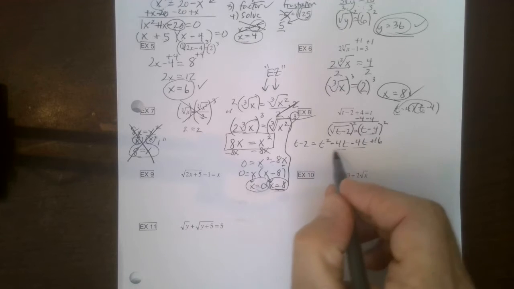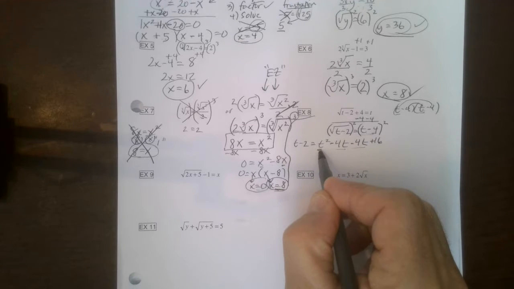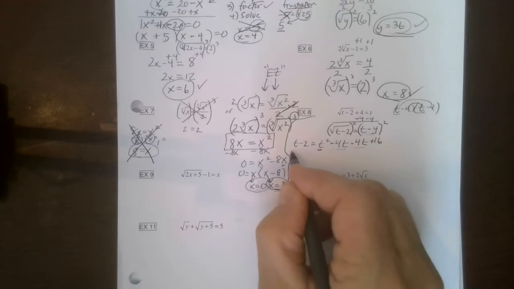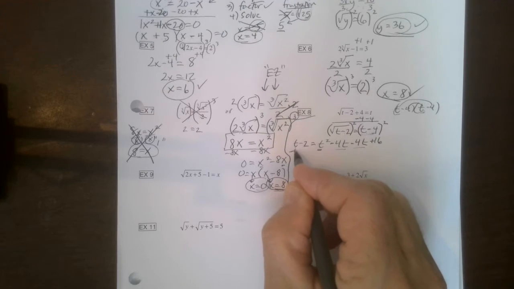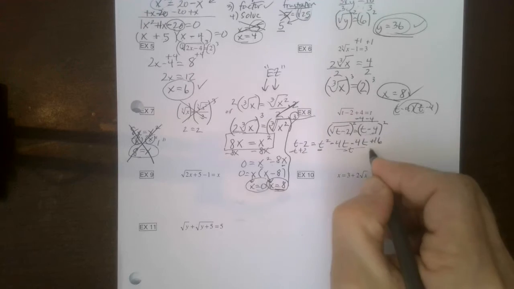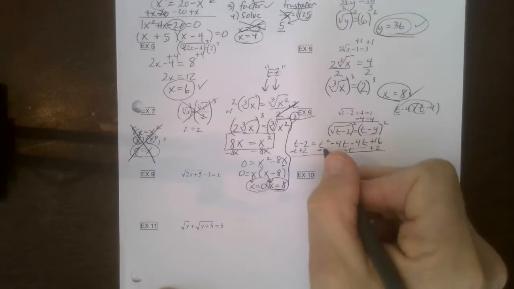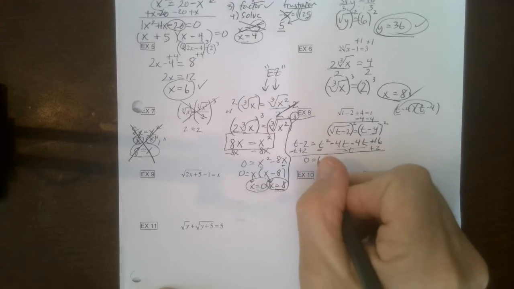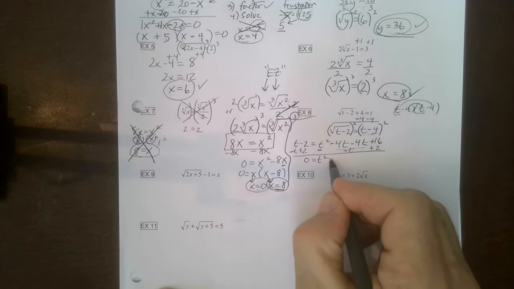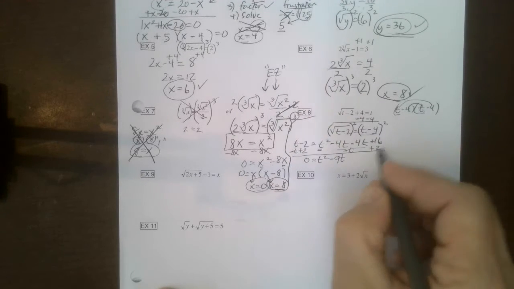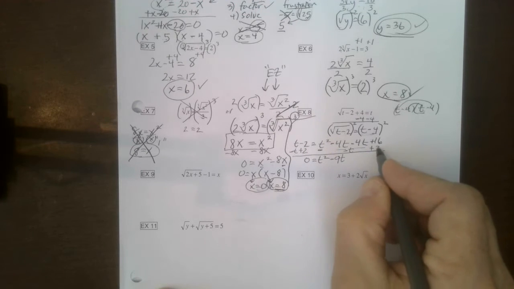So now look at, here's my t squared. According to the trinomial rules, I want to keep that positive. So I'm going to bring that negative, I'm going to subtract t, add 2, subtract t, add 2. Try to squeeze this in here. There's not a lot of room. 0 equals t squared, that's minus 9t plus